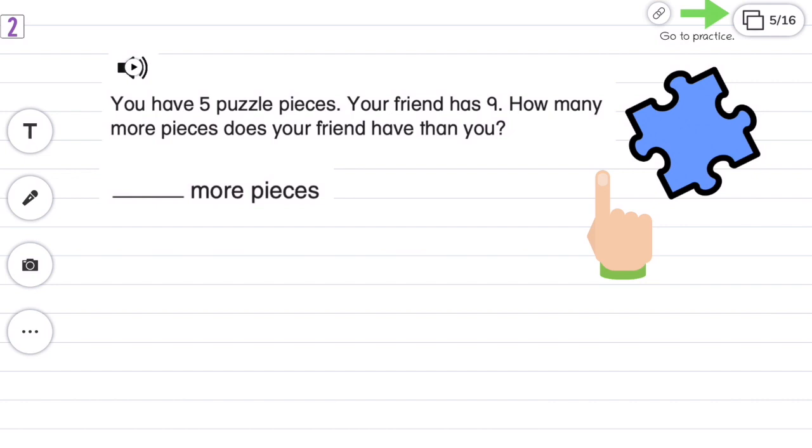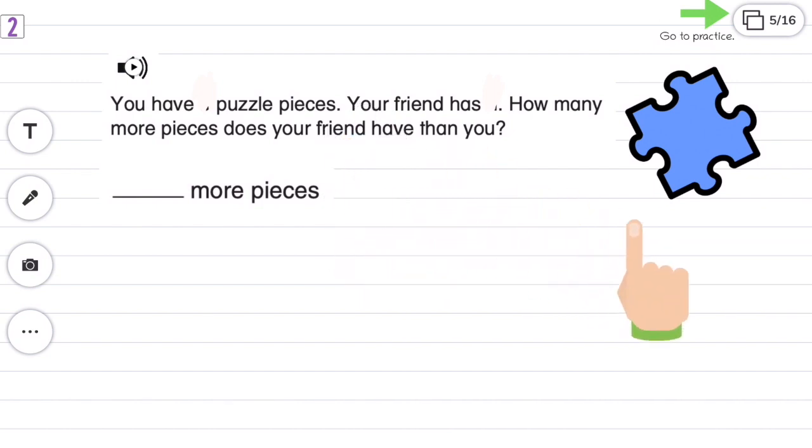So the first thing that I want to do is using my pen tool, I'm going to find white and I am just going to white out these numbers because I want to make sure that I understand what the problem is asking for. So now I'm going to read what it says. You have blank puzzle pieces. Your friend has blank. How many more pieces does your friend have